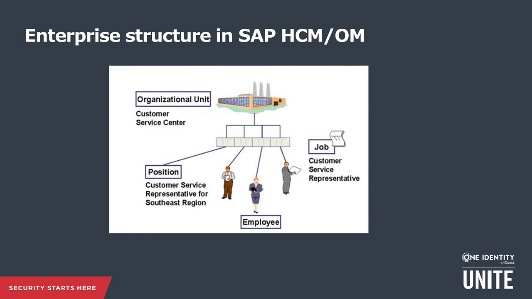In SAP OM, employees or persons are not assigned directly to an organizational unit, but to positions. With the one-to-one linking of a position to an organizational unit, the employee or person is indirectly assigned to the organizational unit. A position that is linked to a specific organizational unit can be marked as head of own organization. Any person occupying this position will be the department manager or the head of the organizational unit.